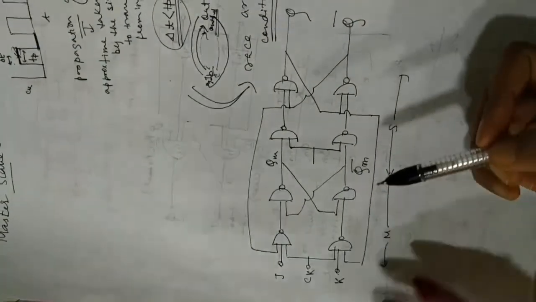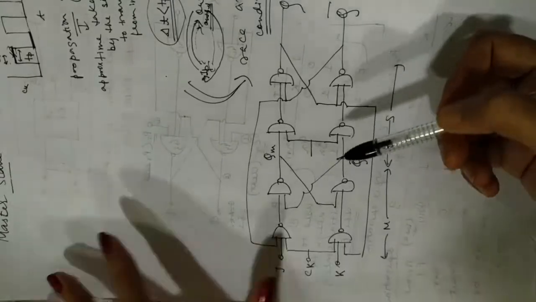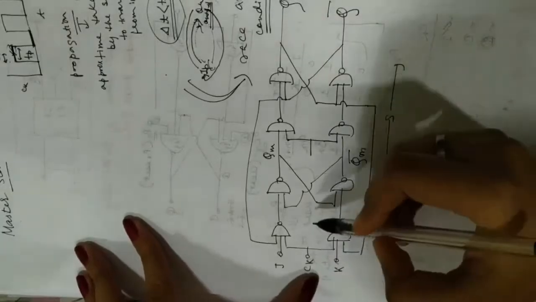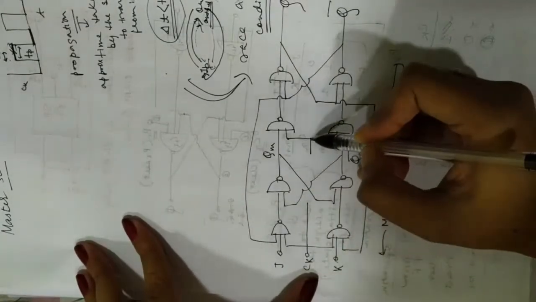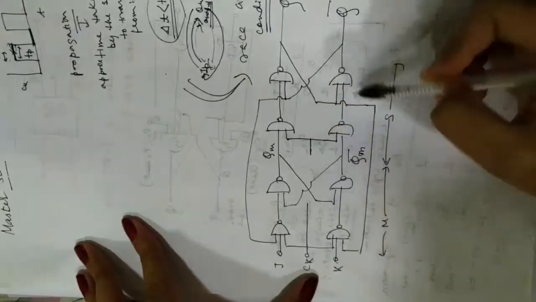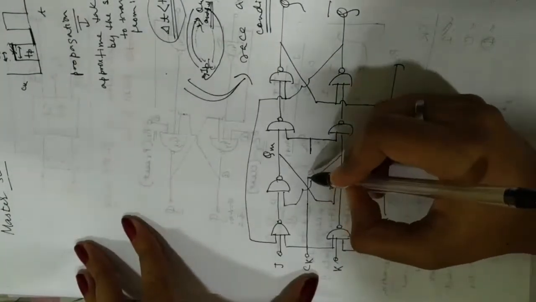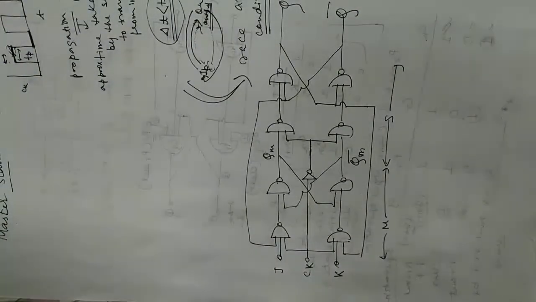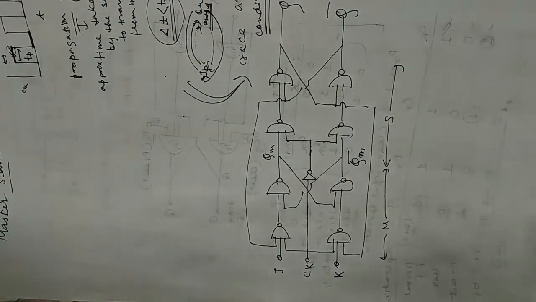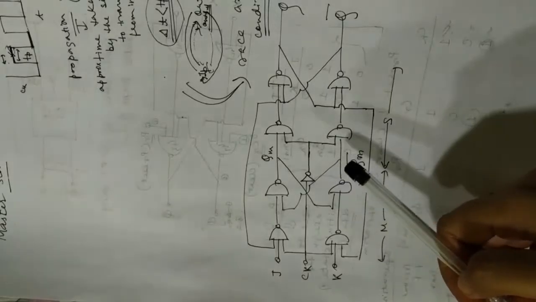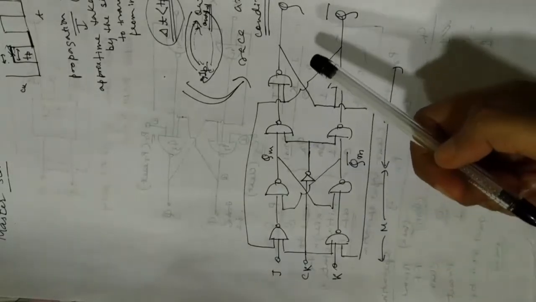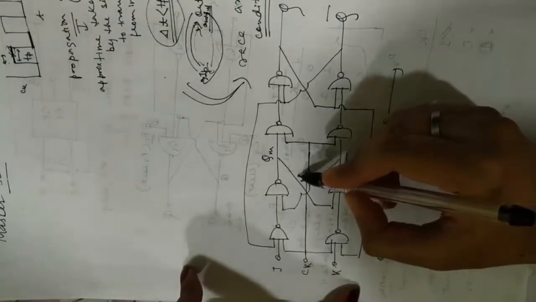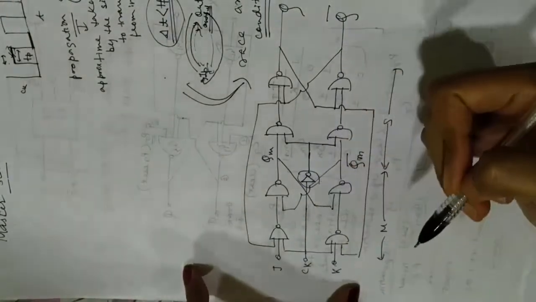Now look at the trick that has been applied in the JK flip-flop. Over here you have a clock pulse which is connected. Also you need to have a clock pulse over here because this is also a JK flip-flop. The trick that has been applied is we invert this clock pulse before reaching the slave. And this performs the action we intended, to stop the race around condition, right? That is performed by this NOT gate. It inverts the clock pulse.